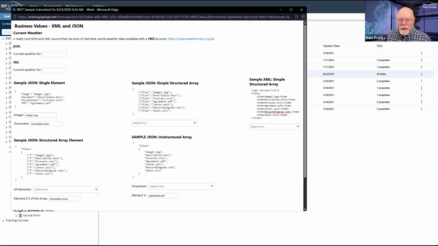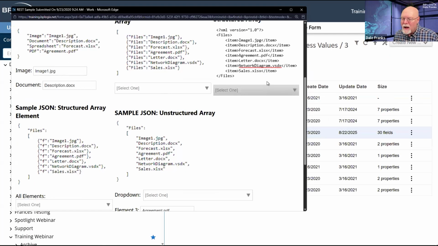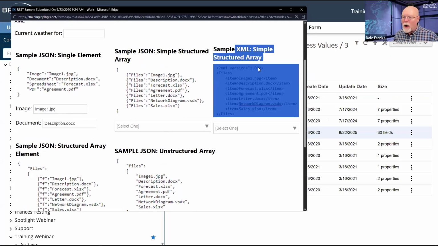If you have a web service, I would say up to probably 5 or 6 years ago, you had a very good chance, if you were interacting with a web service, of getting that web service data back in XML format. So if you want to look over here, and maybe I should Control plus, plus, plus, plus, so that we can see this. So let's look right down here.